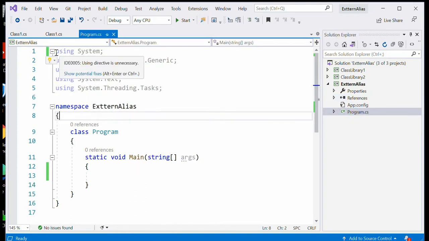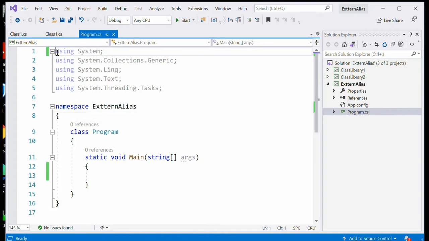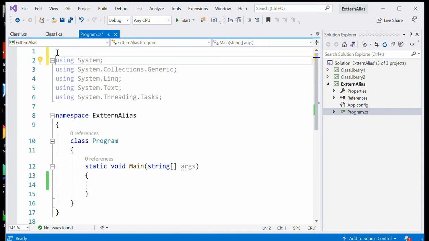Now we will use the extern alias keywords here. Before the namespaces, generally we have to write the extern alias keywords.